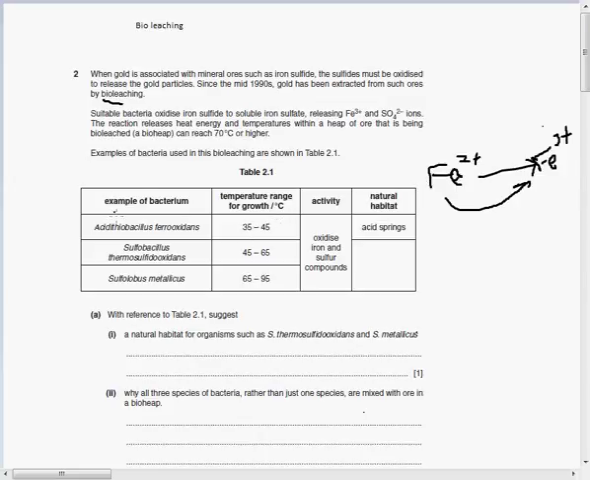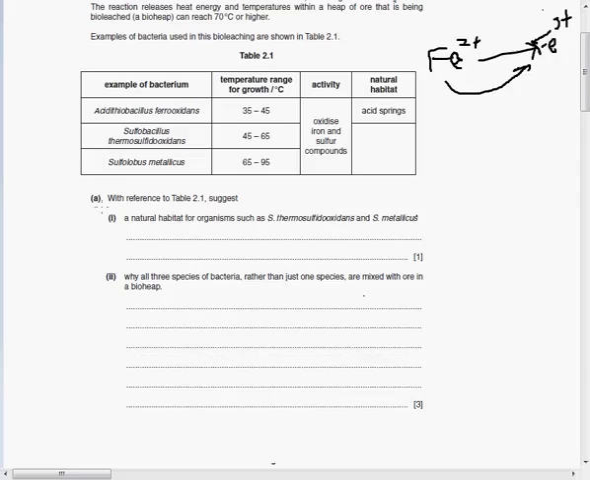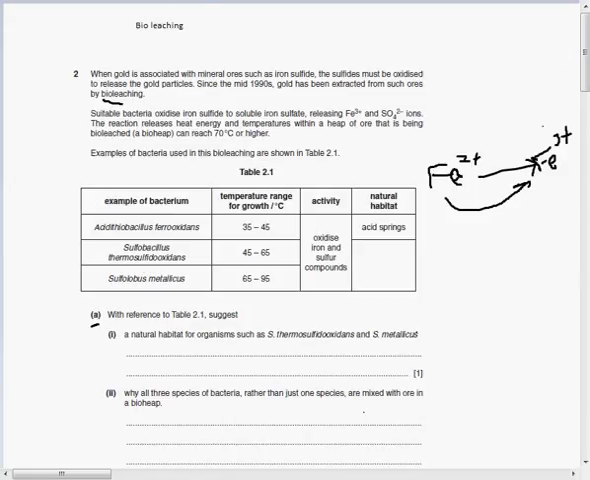Now different bacteria react at different temperatures. So we can see here Acidithiobacillus acts at around 35 to 45 and so on. So let's do the first question. You should know that if you didn't read this question, you can pause and read it properly. So the first question is,